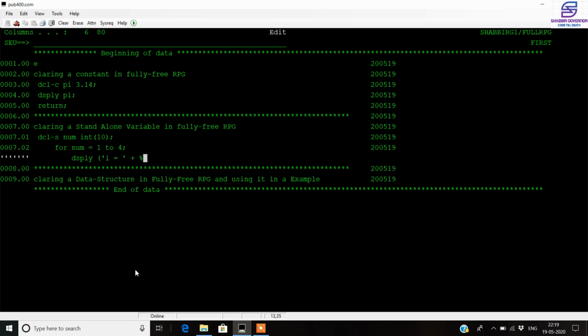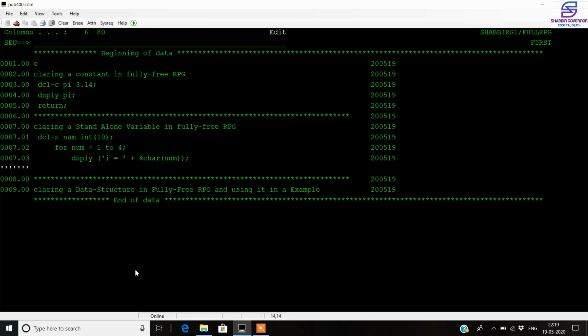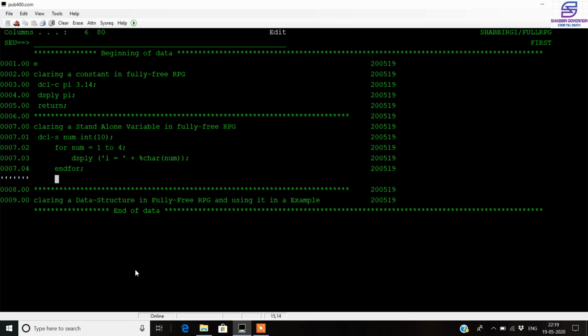To print the standalone variable, you need to give the type that you wish to print, so I wish to print it as a char here, and just the variable, that is number. This is enough for printing, and then we close the for loop with end for. Once the for loop is closed, we can just type the return function, which will indicate the last record.